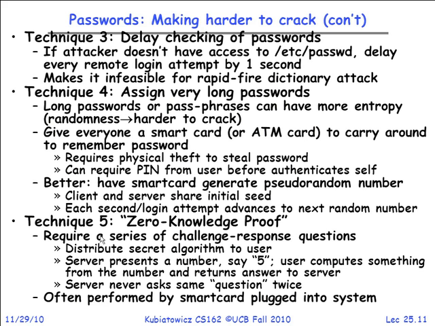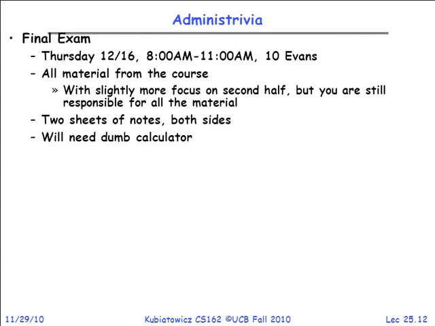So, final exam. 12/16. So this is 2.5 weeks. It's getting close. It's in 10 Evans. Key thing is a dumb calculator and 2 sheets of notes, both sides. And if you don't bring a dumb calculator, you will not be allowed to use your smartphone or other communicating